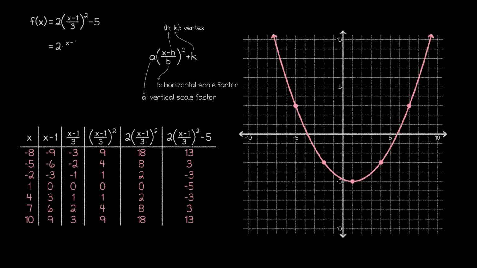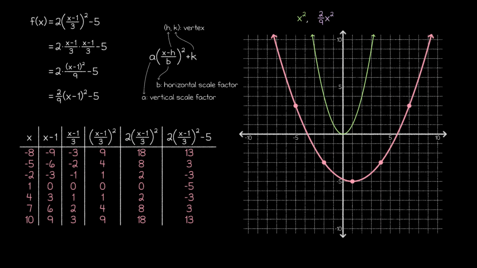If we write the squaring operation as repeated multiplication and perform that multiplication, we can see that the denominator inside the parentheses can easily be removed from the parentheses. Then, instead of dividing by 9, we can multiply by 1/9 to get this expression, which just so happens to be in the vertex form. From there, we can do the graphing process again with a slightly different set of transformations, but we end up getting an identical graph.